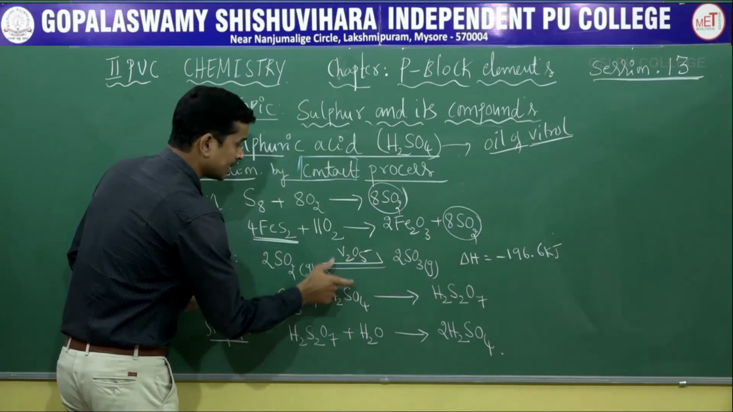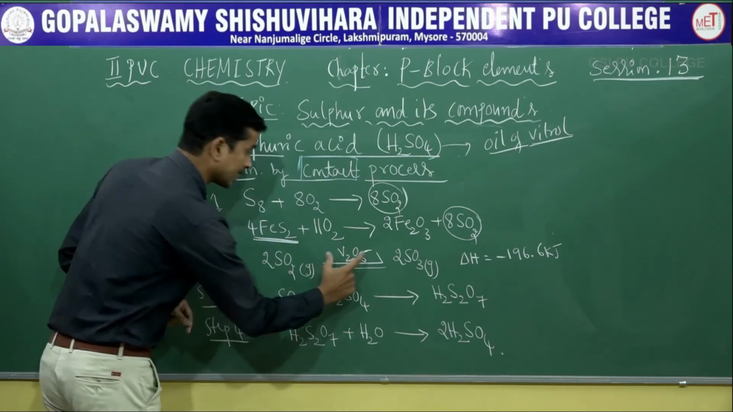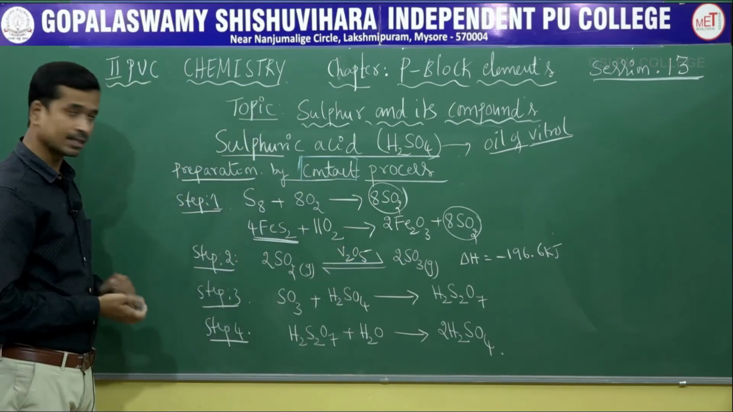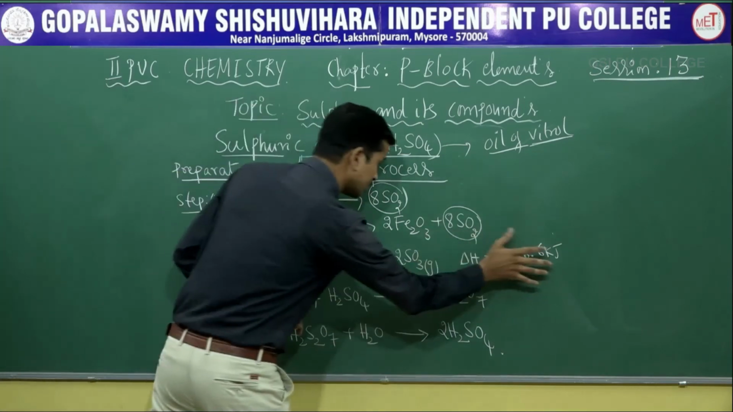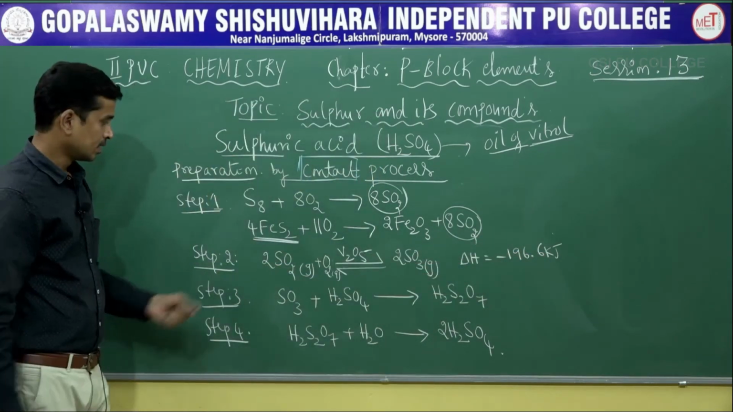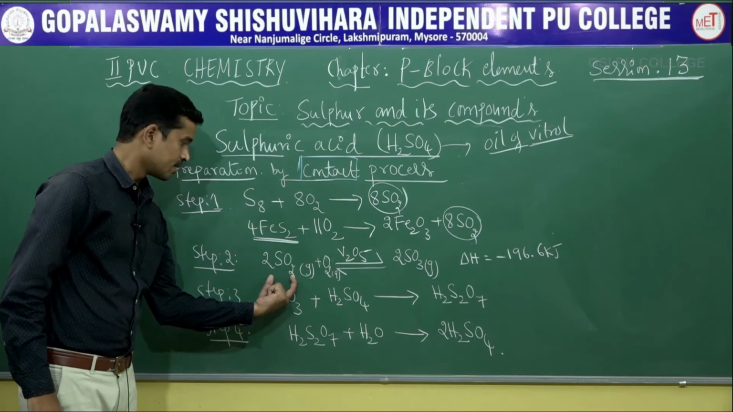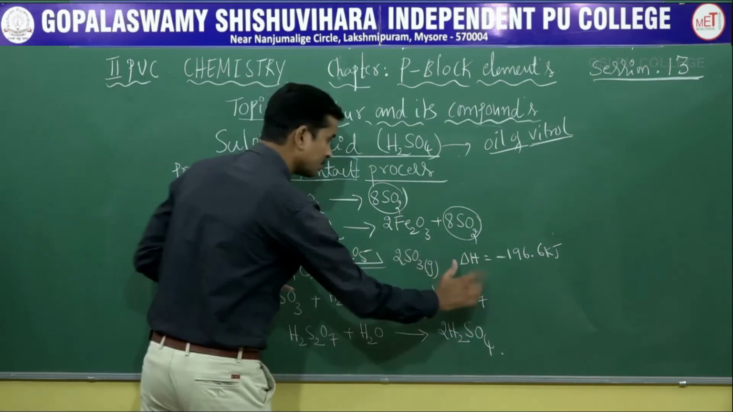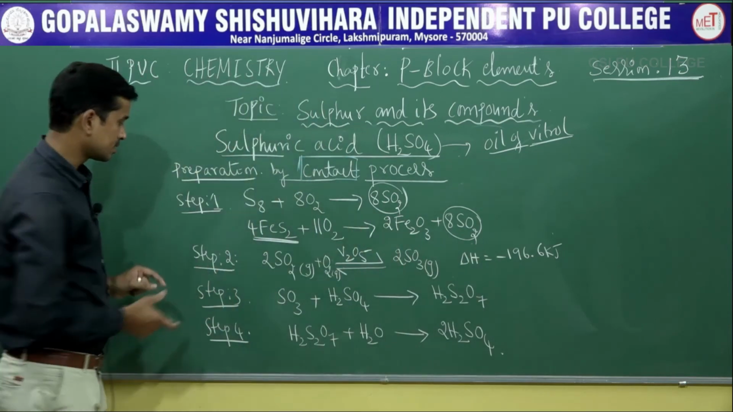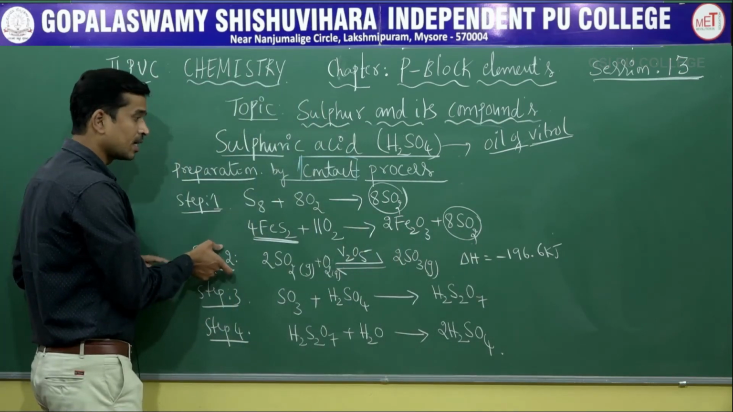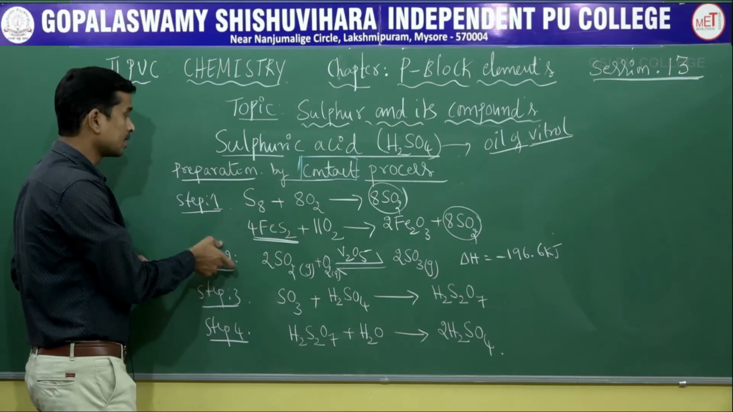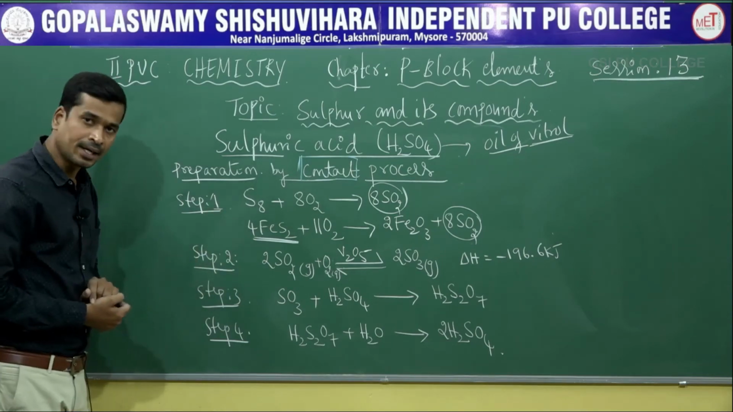This symbol is called equilibrium. What is the catalyst used? V2O5, vanadium pentoxide, is used as a catalyst. This is the important observation in the second step. Second step: sulfur dioxide is converted into sulfur trioxide. You have to observe the important concept I am telling. Clear? This second step is also called the important key step of the preparation of sulfuric acid by contact